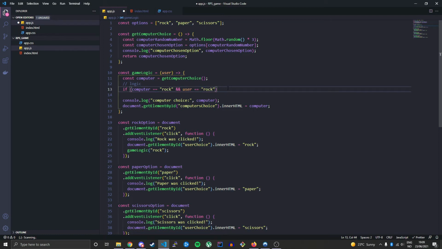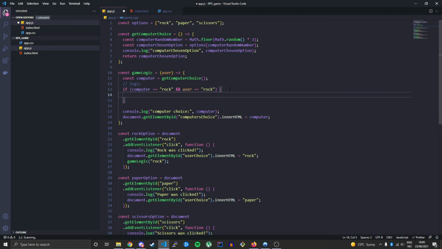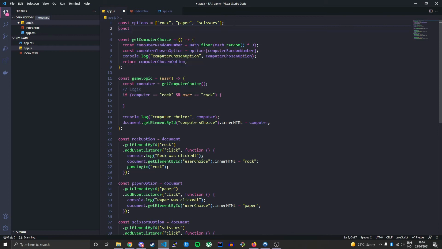So we'll just check on that, and computer is coming from this function call, which we have over here. So inside here, we're gonna set some kind of result variable, which we don't have right now. So let's make that one. Let's just make an array, result array,